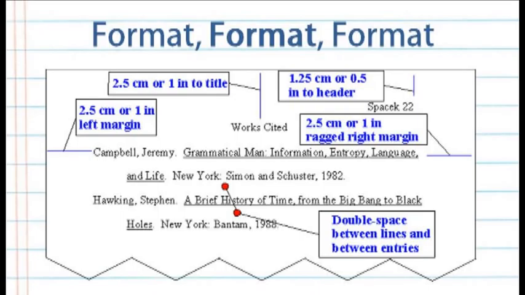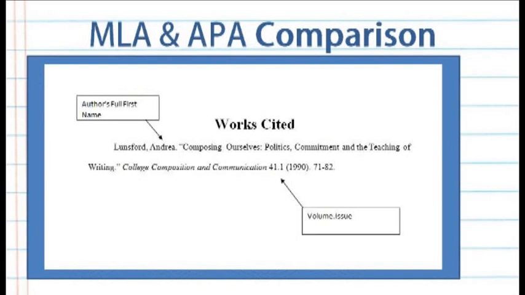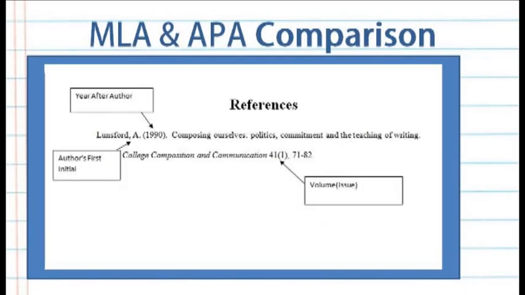Using either MLA or APA, you must double space your text, have proper font, margins, and headings. There are also explicitly defined differences between each style. You need to take a close look at order and structure. For example, in MLA, when you cite a magazine article, you write the day, month, and year of publication, followed by a colon, and then page numbers. In APA, you have volume number, followed by issue number in parentheses, followed by a comma.